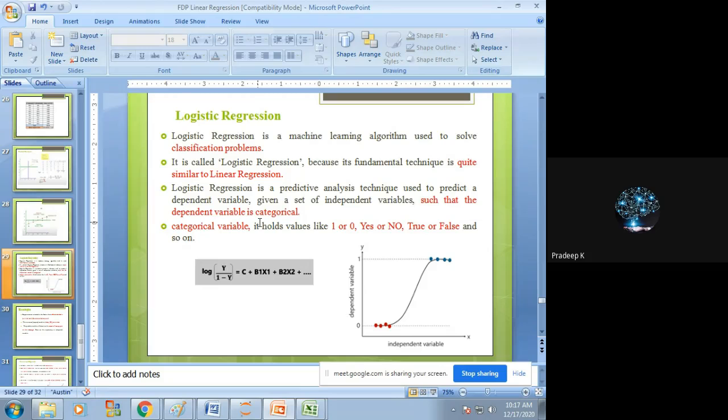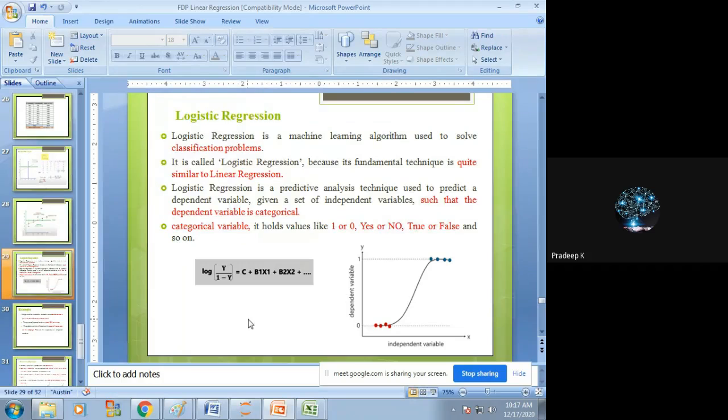categorical values, right? It never fits a linear line, right? Because we have only two values, either two categories, either 0 or 1. Some of the values are in 1 or some of the values are in 0. Definitely that curve goes like this, right? It never goes in a linear manner because we have categorical data. So this is the formula to find out the categorical data,